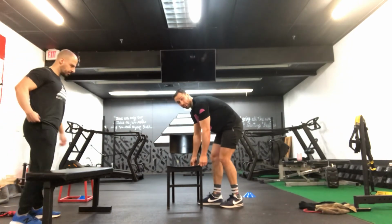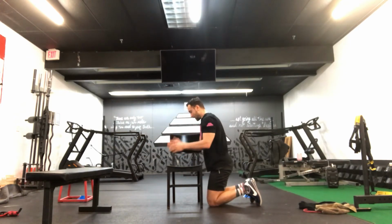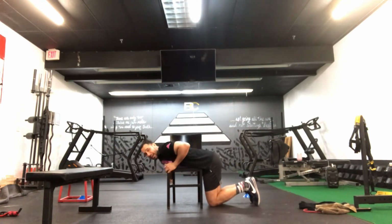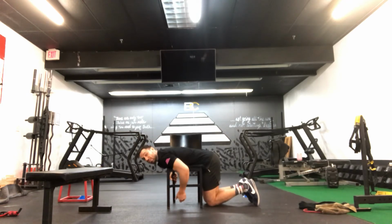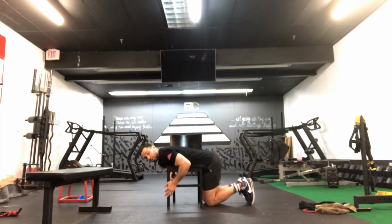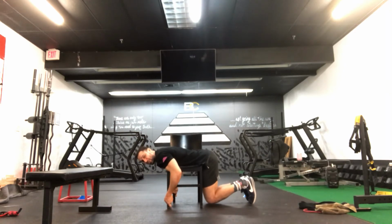I'll demonstrate first with this. I'll do mine first, and then he'll demonstrate with his. Now, I'm going to lay over the chair, and I've got to adjust myself in a position where the edge of the chair is not going to dig into my nether regions. Now, what I want you to do, put a pillow underneath here, put several towels underneath here. You're going to hold on to the bottom of the chair. You have to be in the right position here, or else you're going to tip the chair over. And all you're going to do is